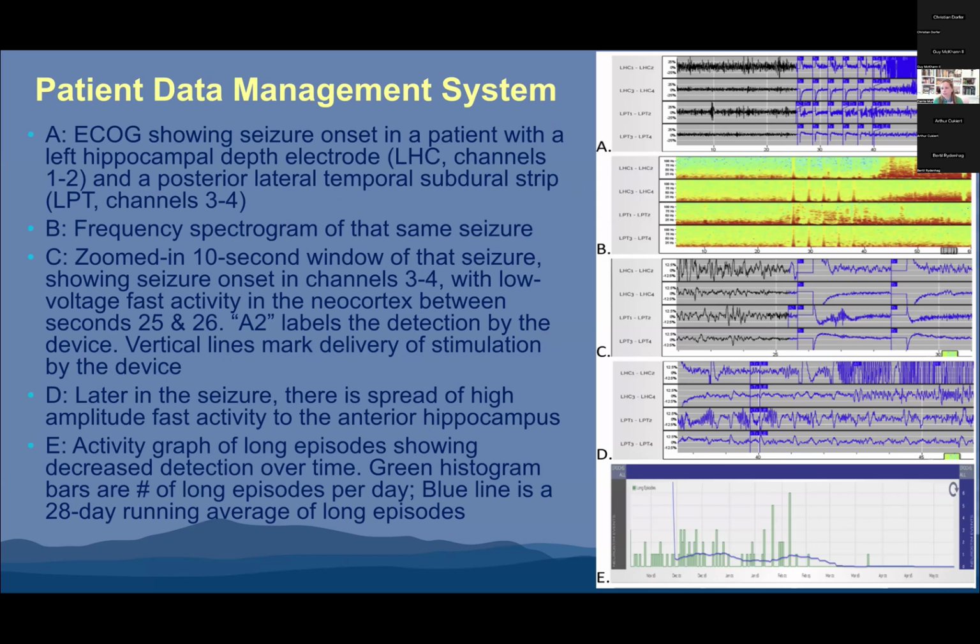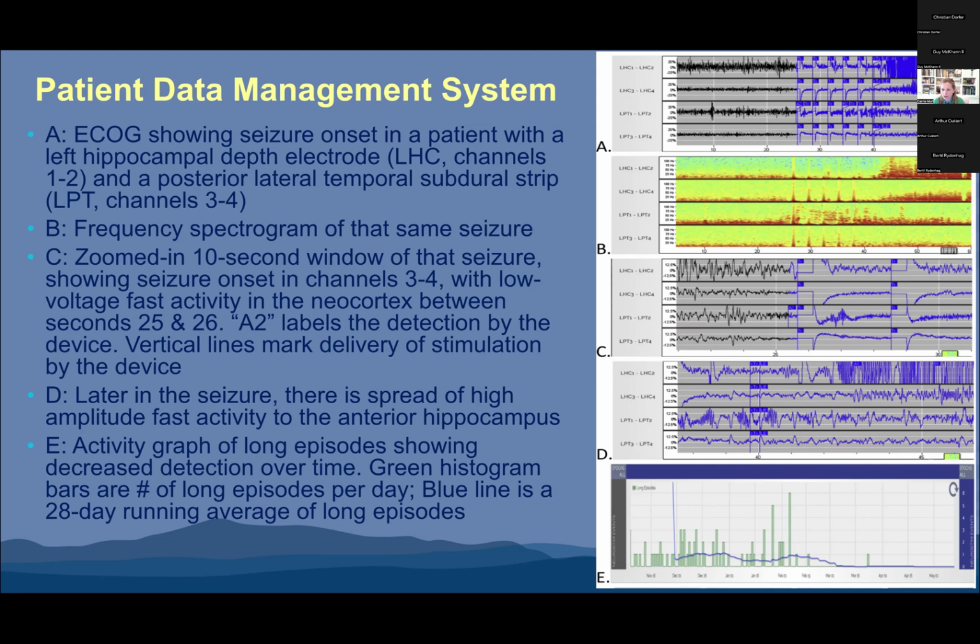These are just a few examples of what the PDMS looks like. And please, at any point in time, let me know if there's any questions. In these pictures in box A, you can see a seizure happening in a patient who has left hippocampal depth electrodes, which are seen in the top two channels, and a lateral posterior temporal subdural strip, which is seen in those two bottom channels. And you can see that the seizure starts, and each of the vertical lines is where the